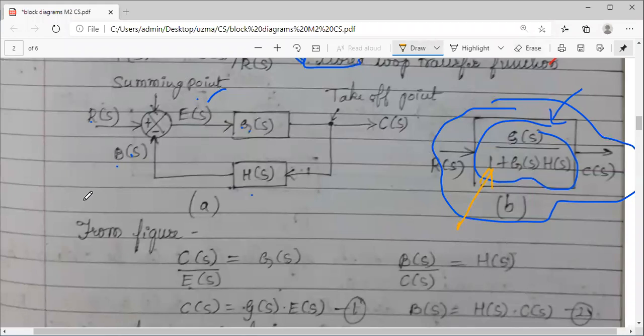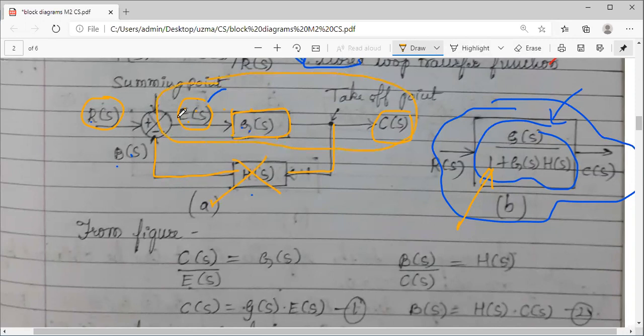Now coming to this figure, observe you have B as the feedback signal and E of S is the input to this particular system. Actually, reference is the input, but if you take the difference of these two, that is your error signal that is fed here. And finally, C of S is the controllable output. So from the figure, I am not considering this part for now. Just look into this first figure.